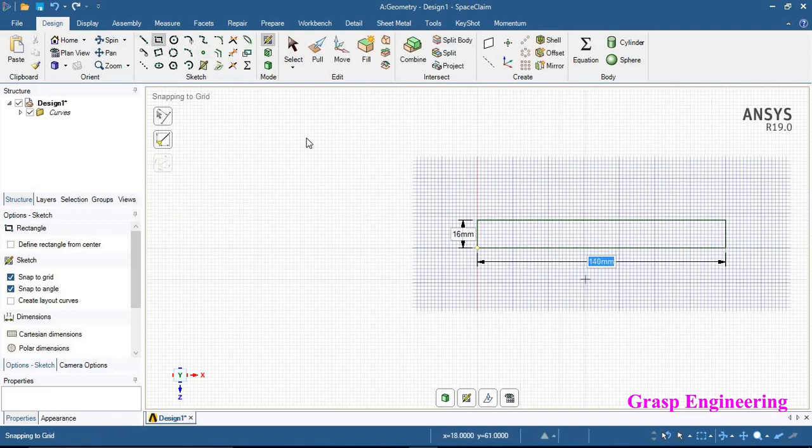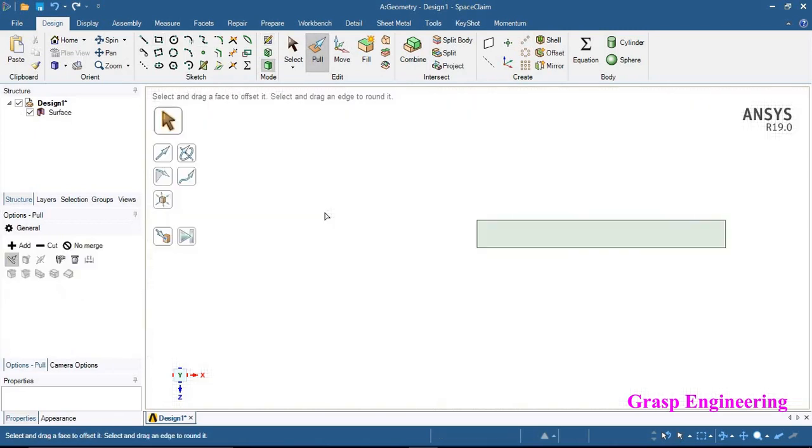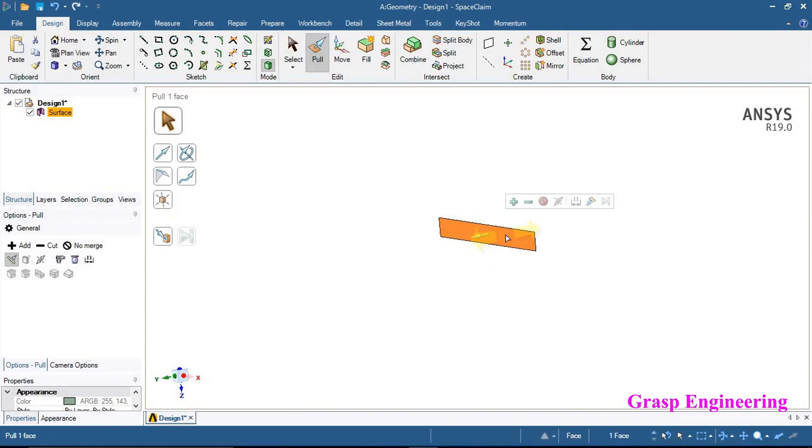Once your rectangle is drawn, go to pull, and now we can drag that face. Once you come out of the sketch, the lines are converted into a surface. Now we will further convert that into a solid.